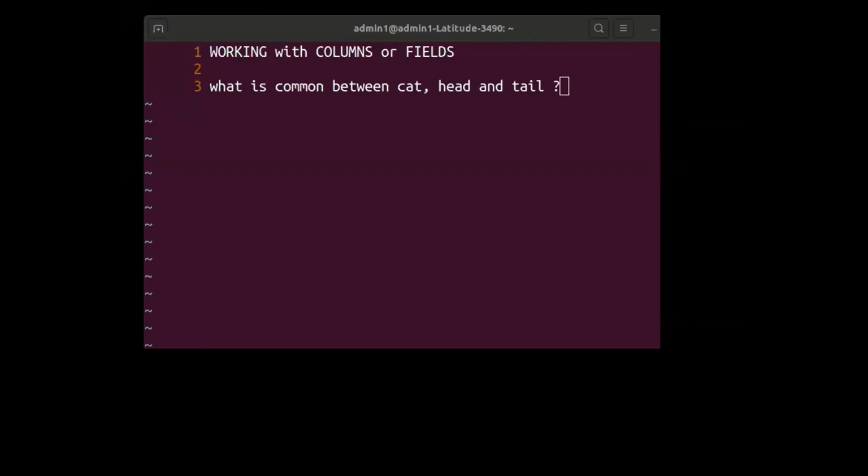I'm not telling you it is wrong, but there is something very unique. Otherwise, there's no point in introducing this concept of working with columns and fields. Somebody says it displays the contents of one or more files. That is also fine. It uses file input. That is okay.